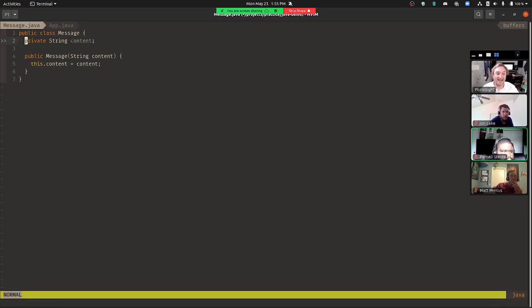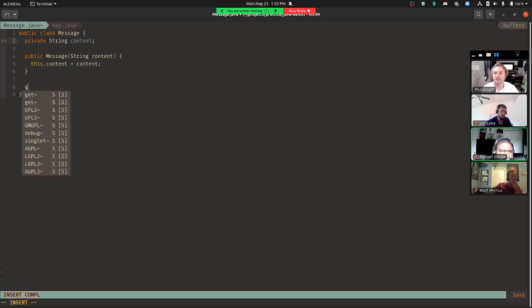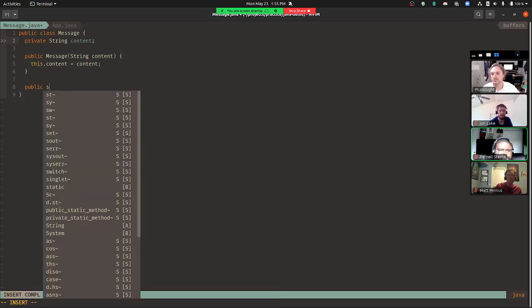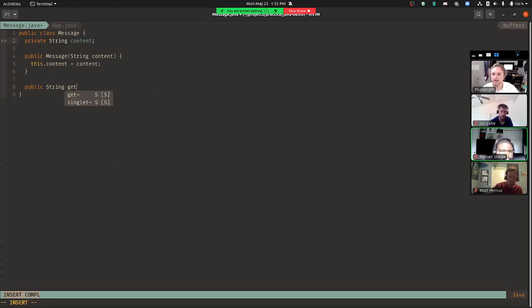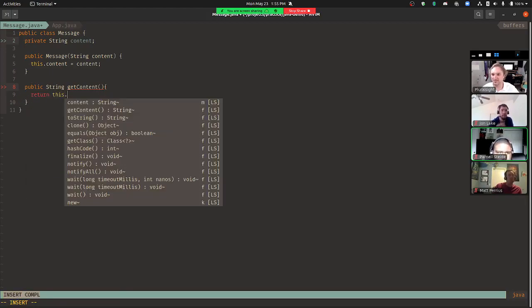You cannot access, or you should not access, properties directly in classes. Always go through getters. And so the way that we do that is by saying like public string getContent. And that format, that's also not one to overthink. Take whatever the name of the property is, put the word get in front of it. Move on with your life. Don't get any more clever with it than that. And then have it return this.content.